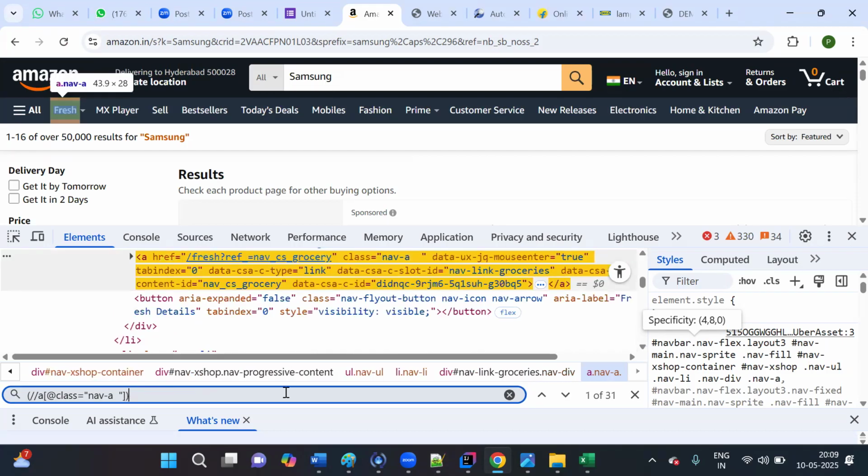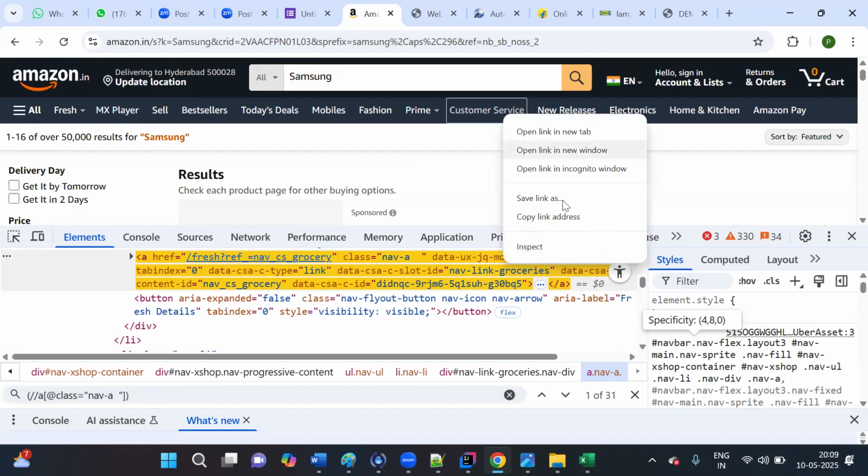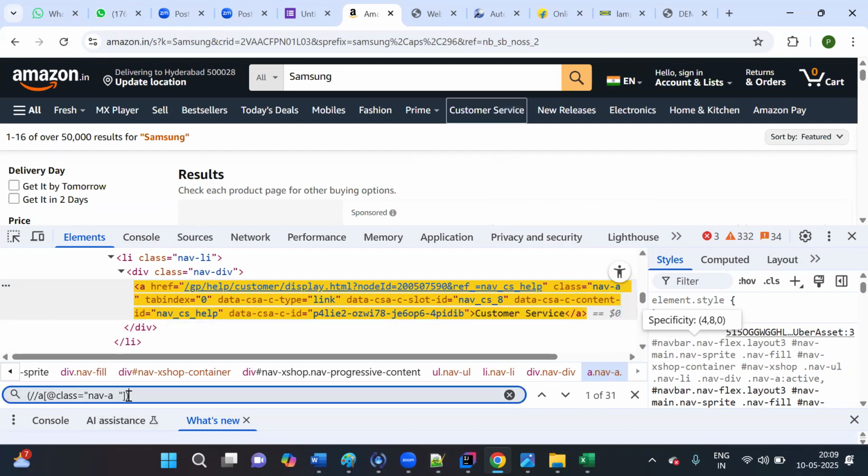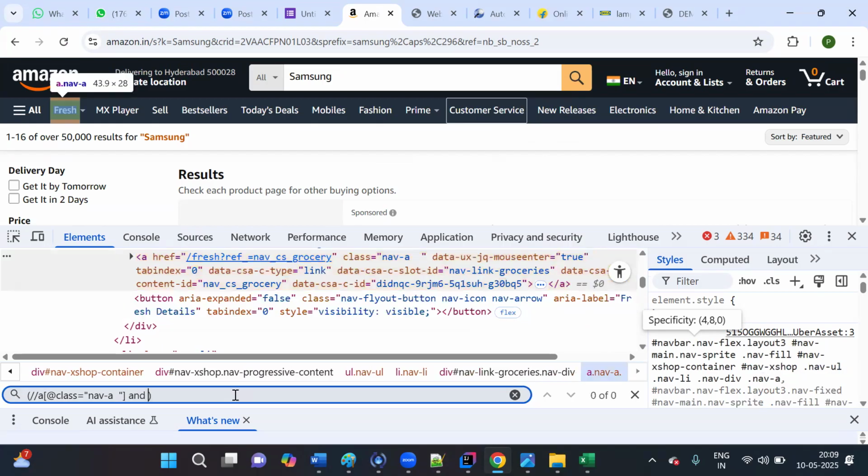Now, how many occurrences are there? 31. I want to eliminate customer services. How can I eliminate customer services? What is the text of the customer service? Customer service. Just put and, and text